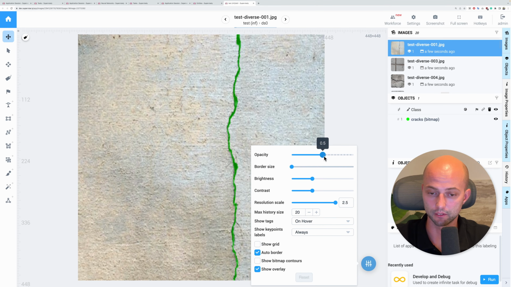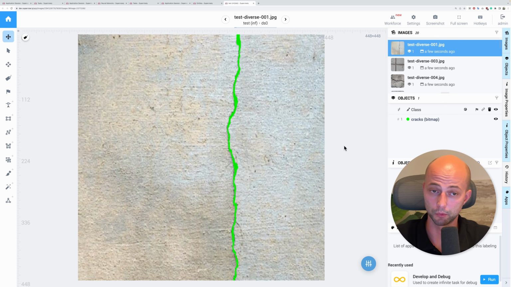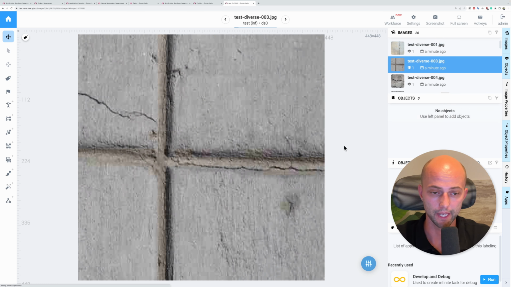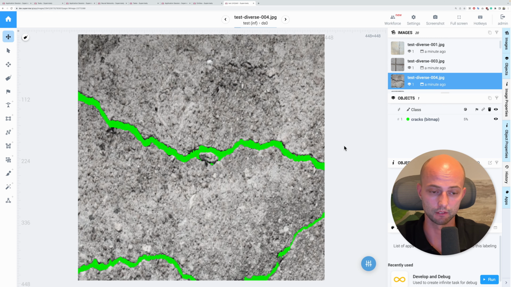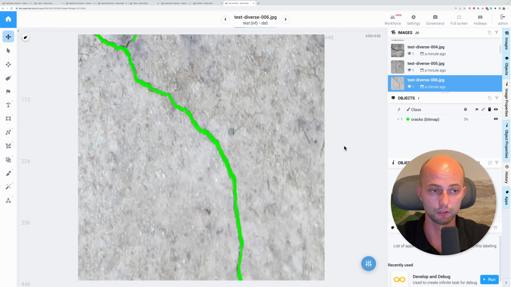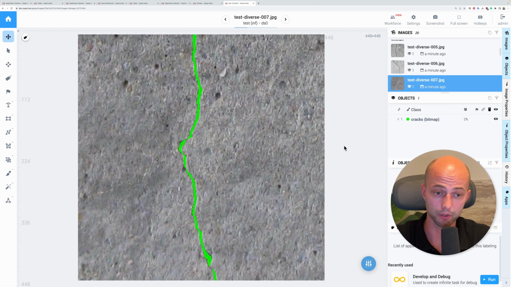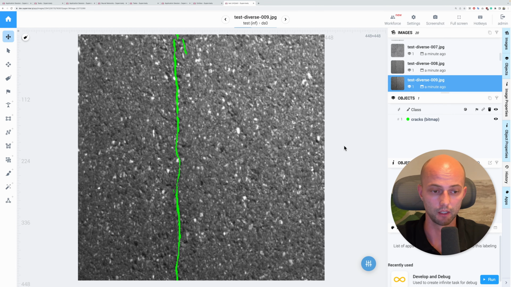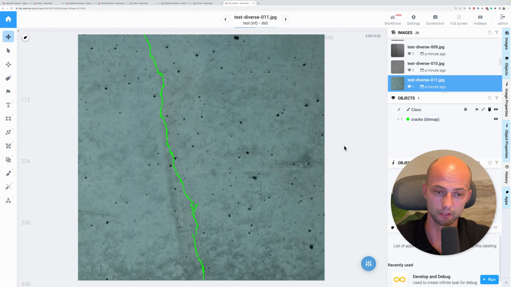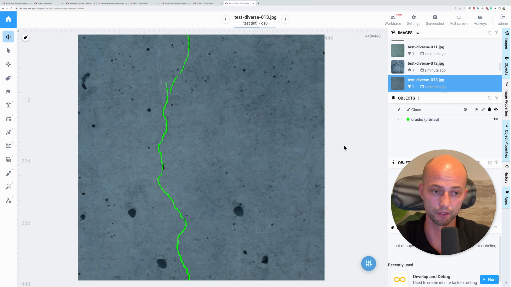Let me increase the opacity so it will be more visible for you, and I will go through the images and see model predictions. As you can see, the model is quite accurate, and again it was trained completely on a synthetic training dataset. It can segment cracks on different surfaces,